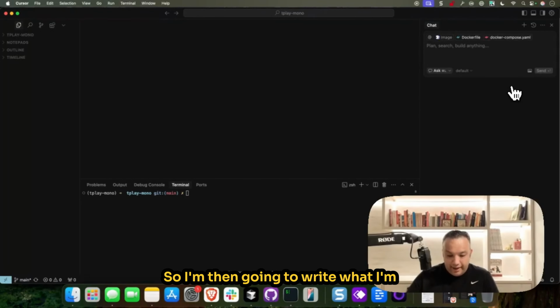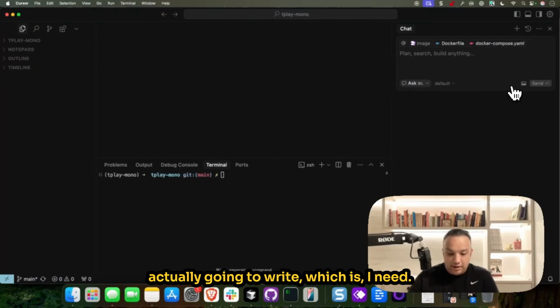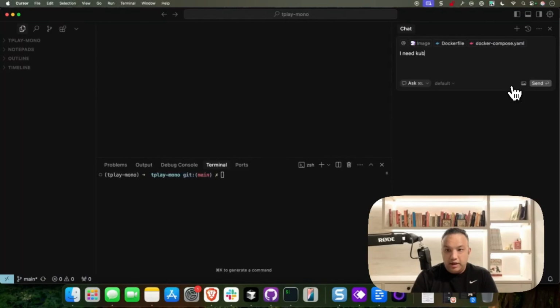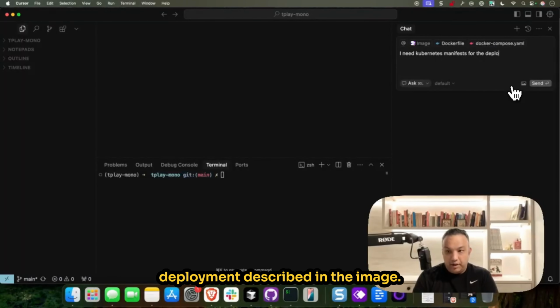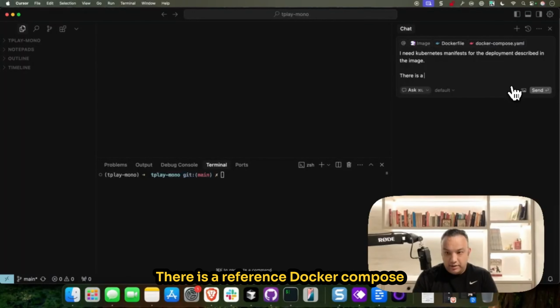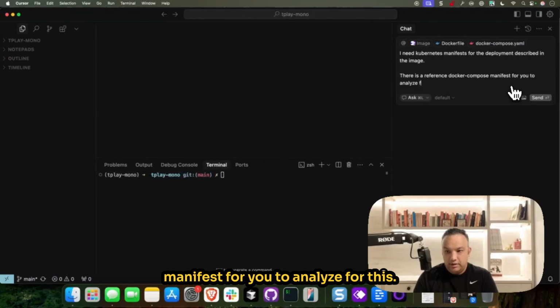So I'm then going to write what I need, which is: I need Kubernetes manifests for the deployment described in the image. There is a reference Docker Compose manifest for you to analyze for this.